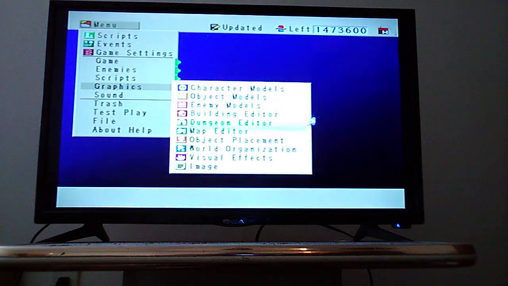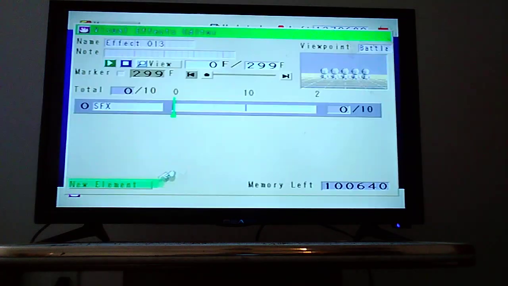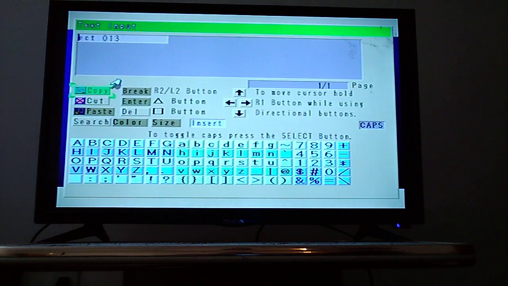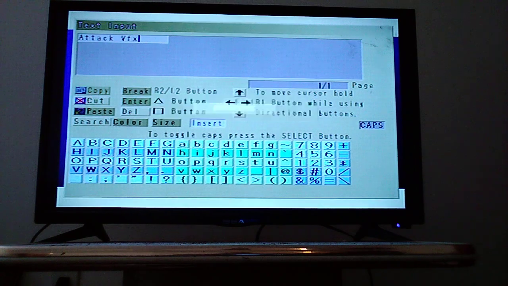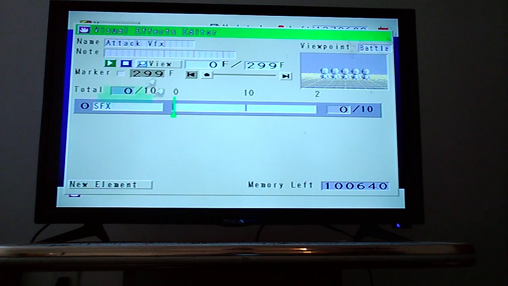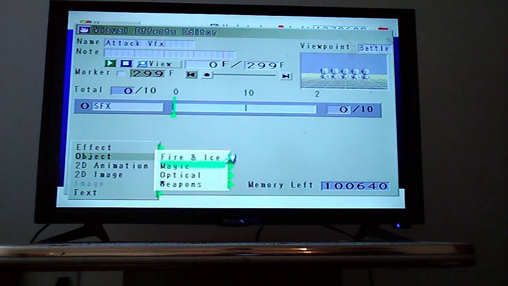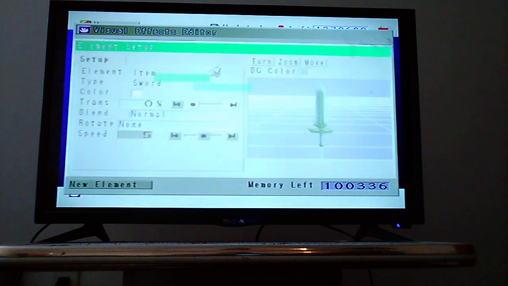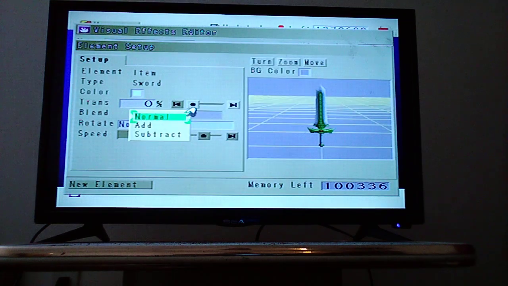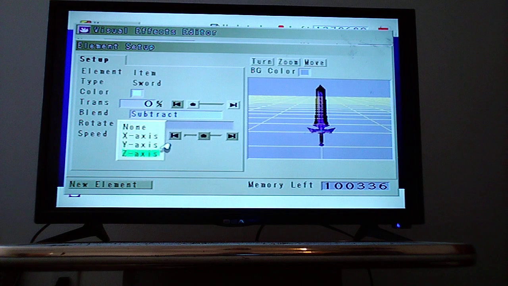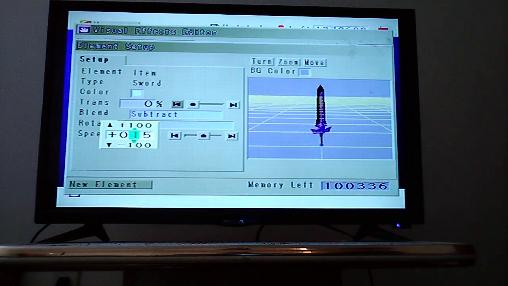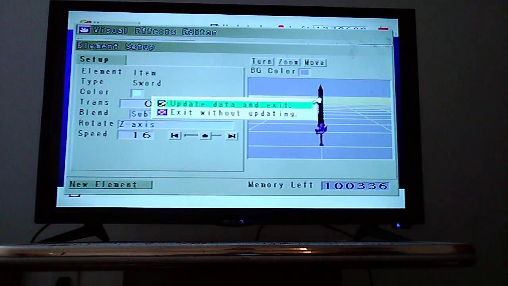Now we want to give this a visual effect. So go to Graphics, Visual Effects, Create New Data, and we're going to call this Attack VFX, and we're going to create a new element, and it's going to be an object and a sword. And the setup is going to be a blend of subtract and a rotate on the Z-axis at a speed of 16. And update,